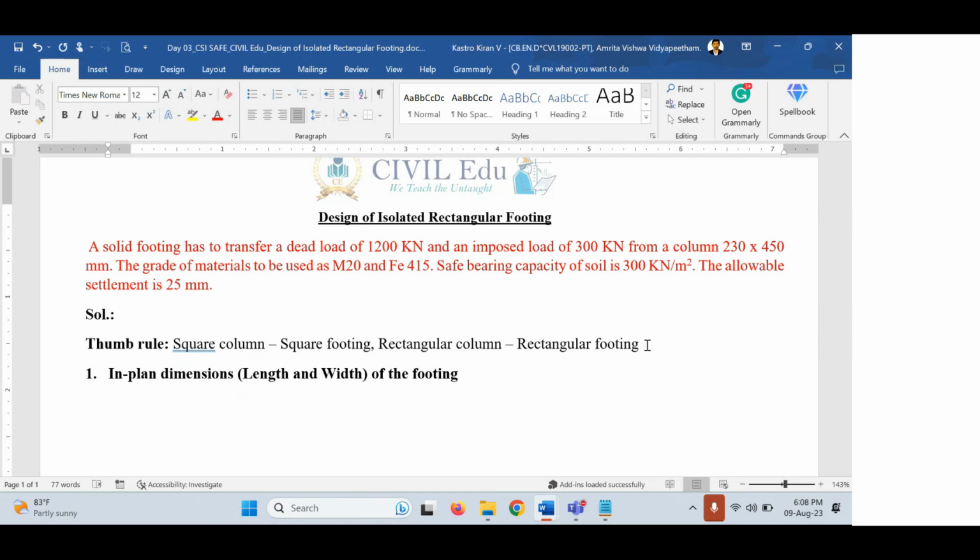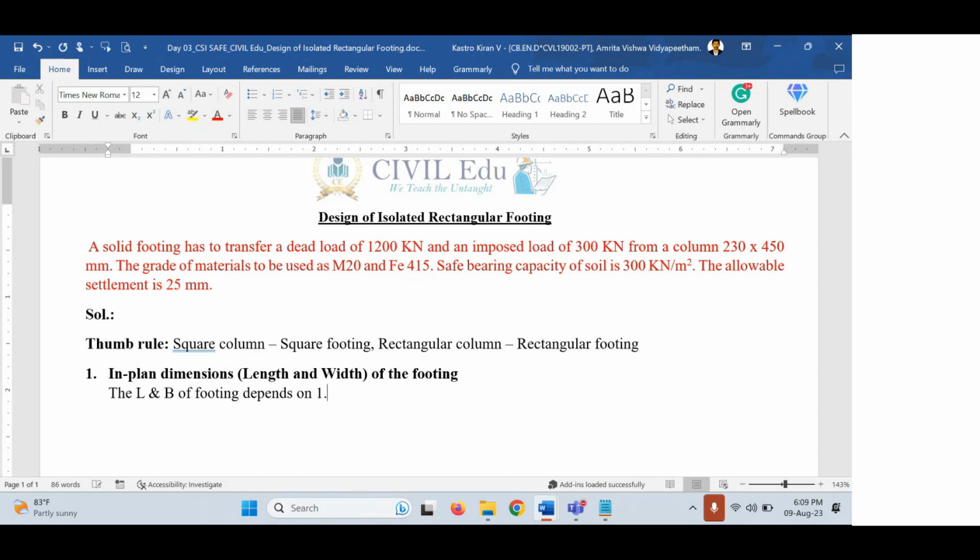Okay, the length and width of the footing are called the in-plan dimensions of the footing. Now, how can this length and width of the foundation be determined? The length and width of the footings depend on two important things. The L and B, that is, length and width of the footing, depend on